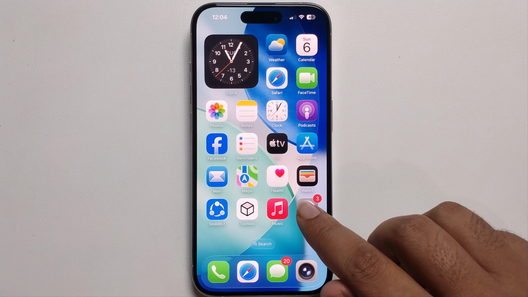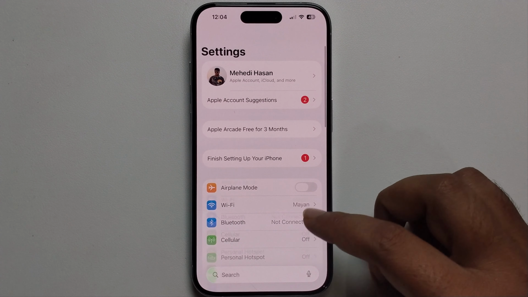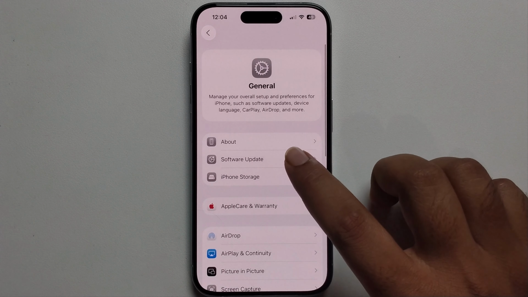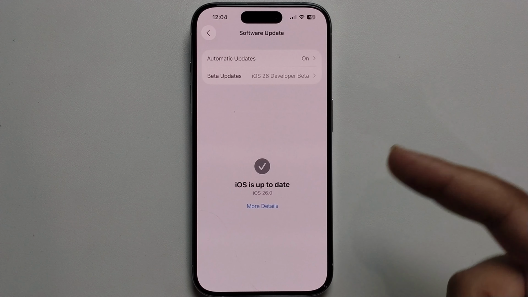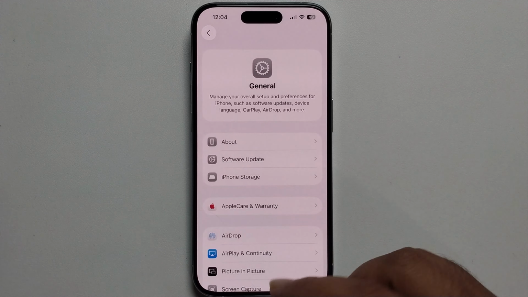So first of all, open your settings, scroll down, click on the general option, software update. Make sure to update to iOS 18 or iOS 26. Okay,